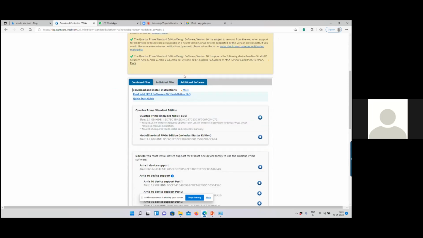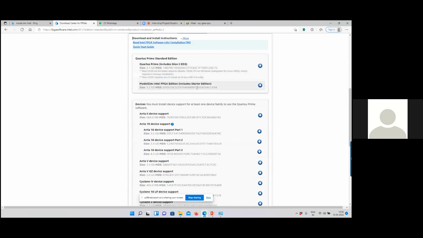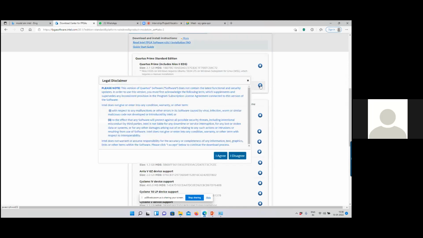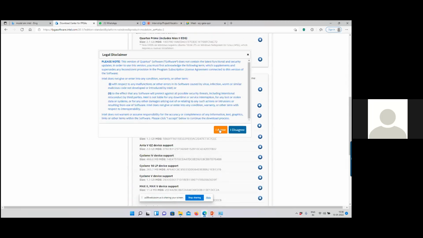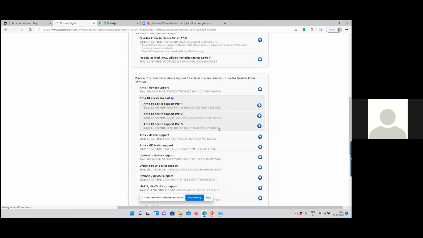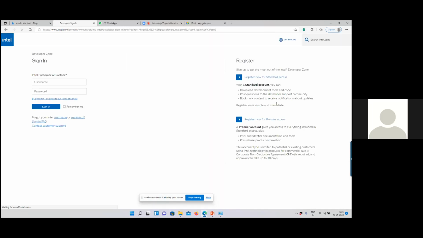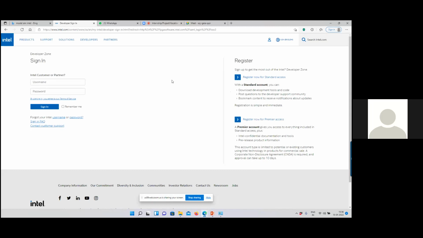Now you scroll down and you will find ModelSim Intel FPGA Edition, including Starter Edition. That version is available free of cost. You may click here, then it asks the legal formalities. Then you click I agree, and the download starts. But there is a possibility that you are not logged in to Intel, so you may register now for standard access.